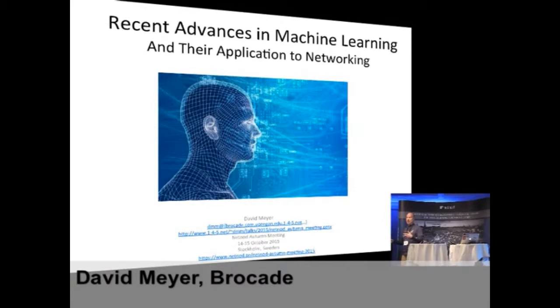But right now, what I'm going to try to do is have a little fun with this and show you some of the cool things that are going on, and then how we might apply all this stuff to networking. In fact, my little group at Brocade has a tiny, tiny AI lab, which consists of me and a few other people. We have some really interesting machine learning going on to do basically DevOps automation. But let's take a look at this.